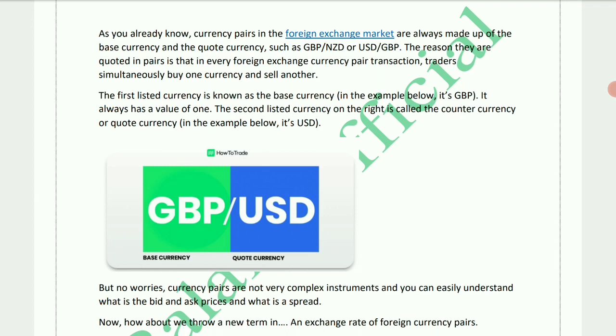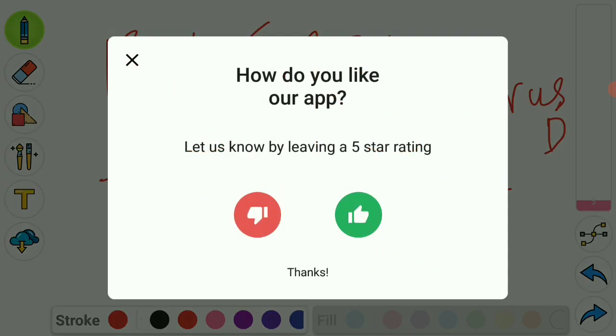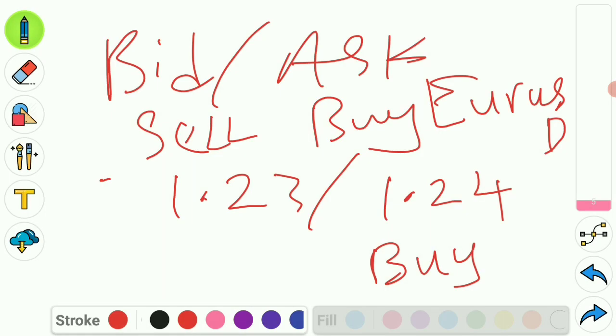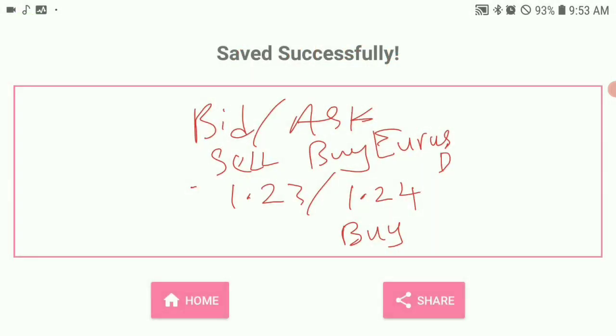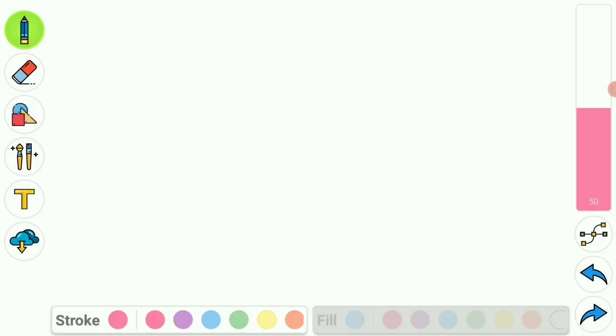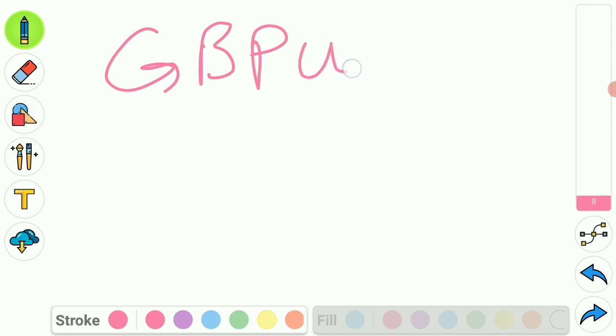What this means is that, if I'm using GBP/USD as the example,